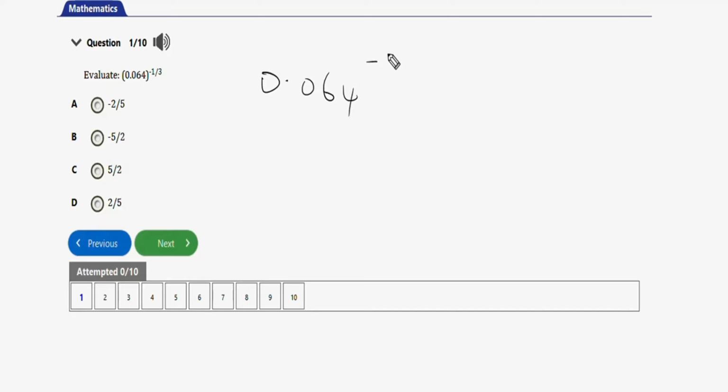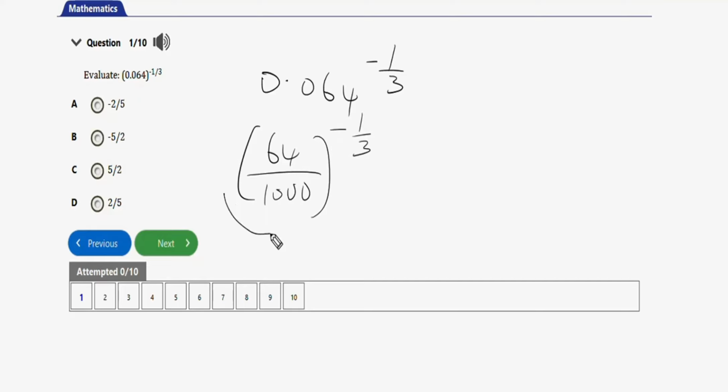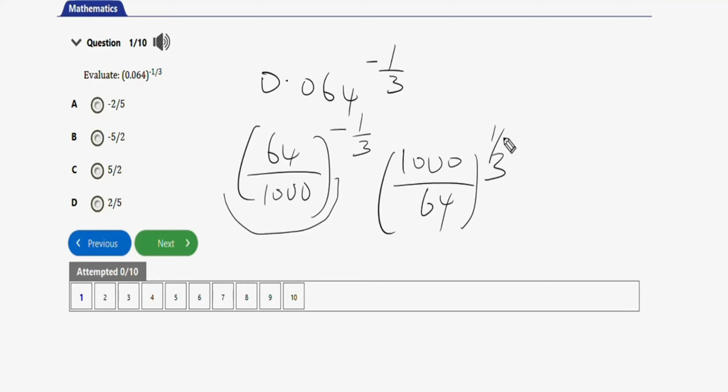0.064 to the power minus 1/3. Another way you can write this is the same thing as 64/1000, alright, to the power minus 1/3. Because of this negative sign, alright, so you're going to invert this fraction. So when you do this, it's going to be 1000/64 because of this negative sign. And then have 1/3. Alright, so this power outside, everything inside this bracket will share the power. So when you do this, you're going to have